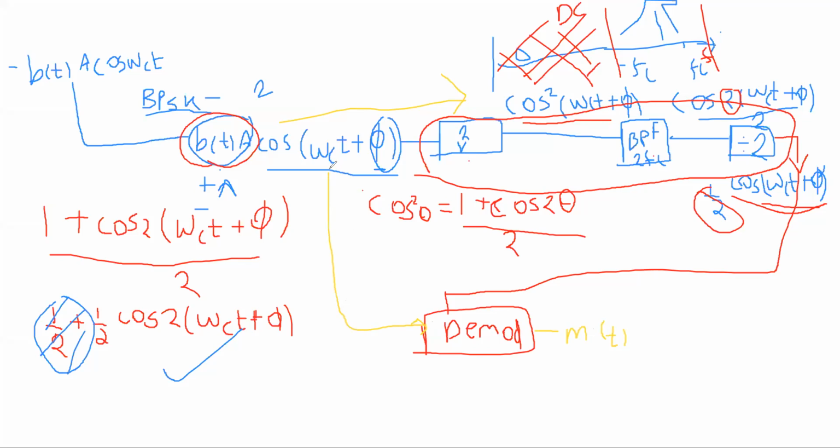So what is the input to the demodulator? The first input to the demodulator is your carrier that is regenerated at the receiver side, and the second input is your BPSK signal. Using these two signals, the BPSK signal and the carrier, your BPSK receiver will regenerate the modulating signal. And what is your modulating signal? The digital signal used for modulation. As simple as that. So first we have to regenerate the carrier using three blocks at the receiver side, and then we have to demodulate the BPSK signal.